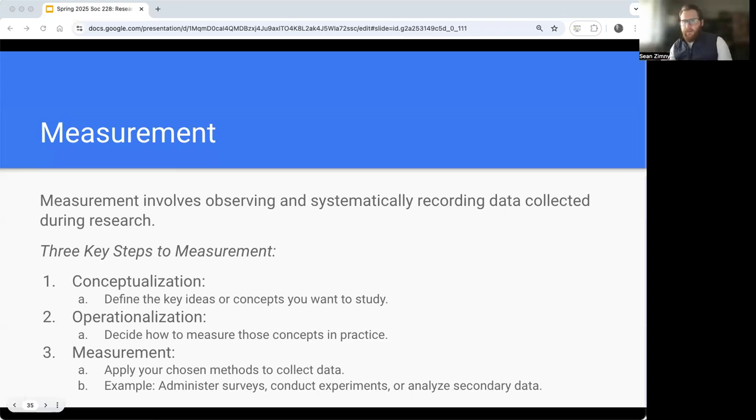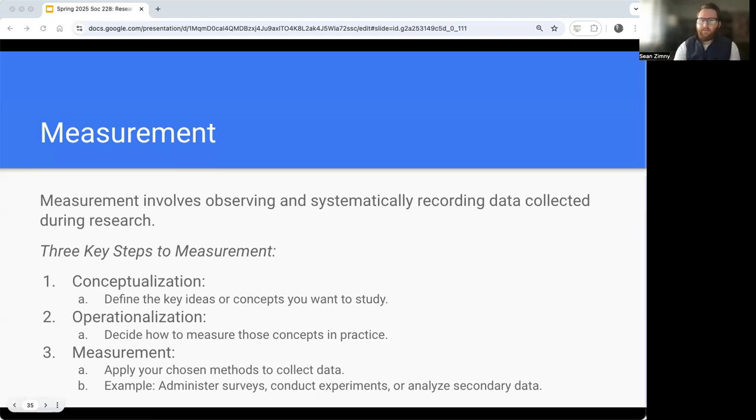Maybe my concept is I'm defining social class and I measure it by income. Then operationalization: I'm deciding, here's how I'm going to ask and figure out what a person's income is, and I ask it in the survey question. Measurement is actually implementing that survey question in our research tool and collecting data. So you need all three in your methodology, and you need all three to be sound to have sound methodology. You need each. It's a step,